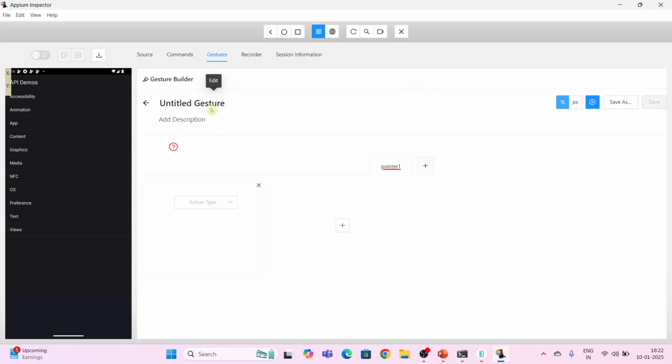Okay, the next part is this one, you can see the question mark symbol, right? This is known as the gesture timeline. When we are creating a new gesture, a red circle with a question mark is shown. This is below the gesture description. This is the gesture timeline here. And you can see how exactly we can use this one. And the next one is